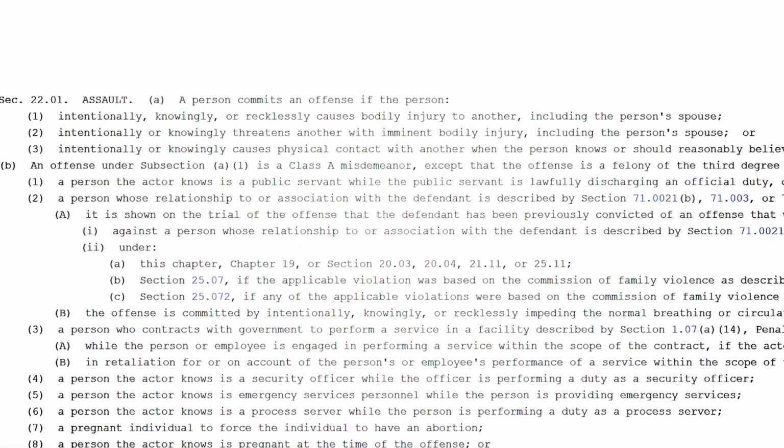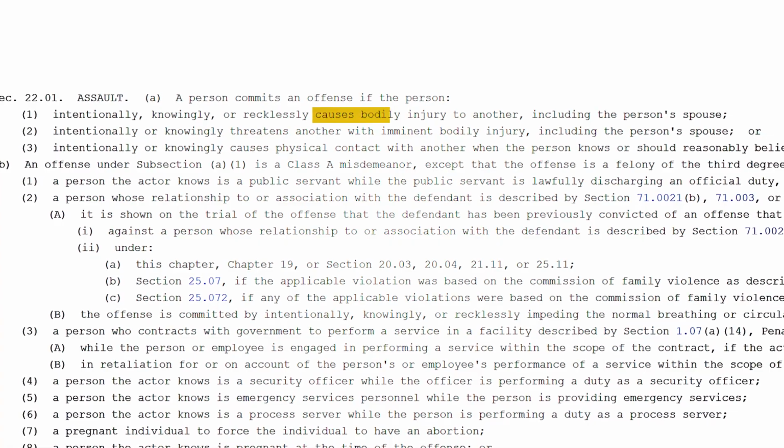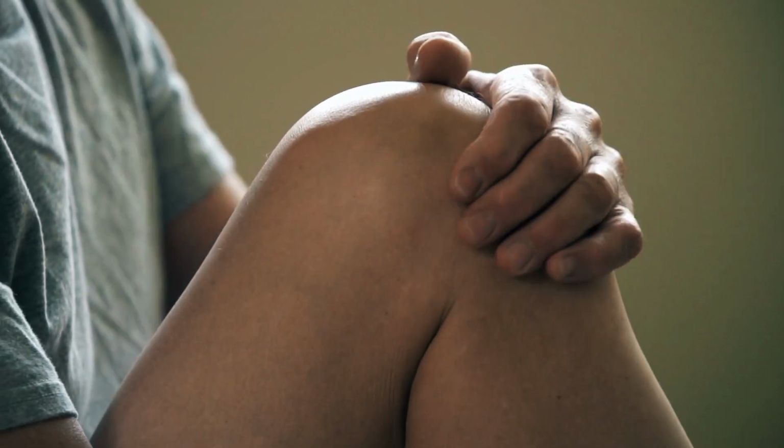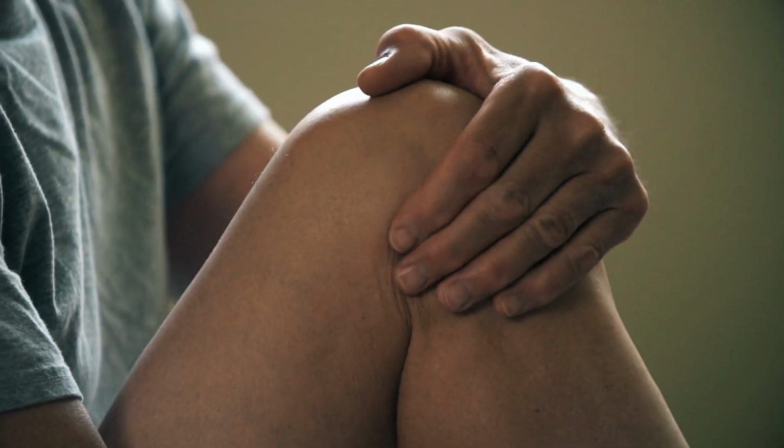Next, the misdemeanor version of assault in Texas refers to bodily injury. When you see that term bodily injury, you might expect that it would mean something visible, at least redness, maybe some bruising, some sort of indication that there was actually an injury. Well, the reality is in Texas, bodily injury only requires for the other person to say that it hurt, even if there are no visible injuries. So as we come back and we talk about defenses, we're going to keep that in mind.